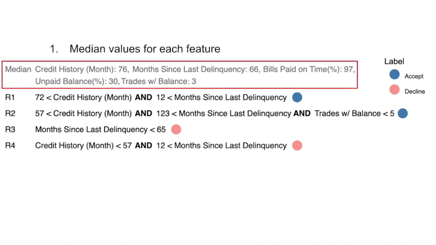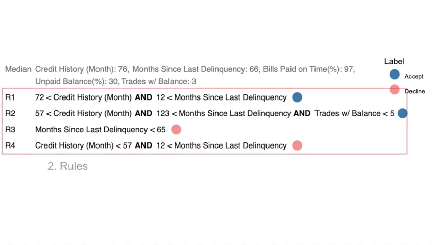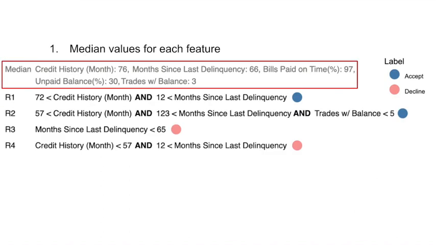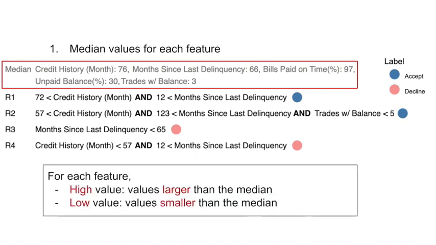First, median values for each feature, on the top. Second, rules. Third, legend area, where we explain the meaning of all the symbols and colors we use in the visualization. Please keep in mind, the median values here are useful when using the rules. If you are not familiar with median, don't worry, just think of it as a kind of average value. Generally, we think a feature value is high if it is larger than the median of this feature. And if a feature of an application has a value smaller than median, we think this application has a low